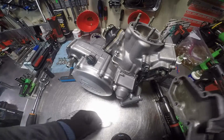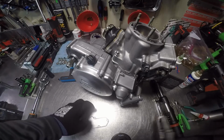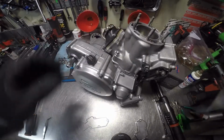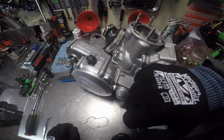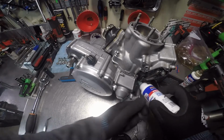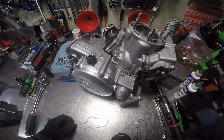Actually, first thing I'm going to do, put some assembly lube on the little joints, the moving parts. There we go. Now,